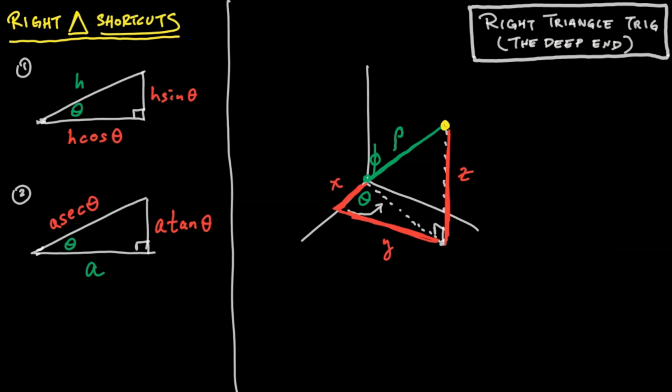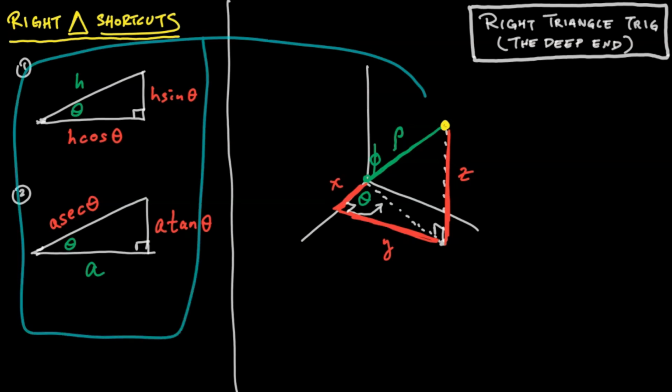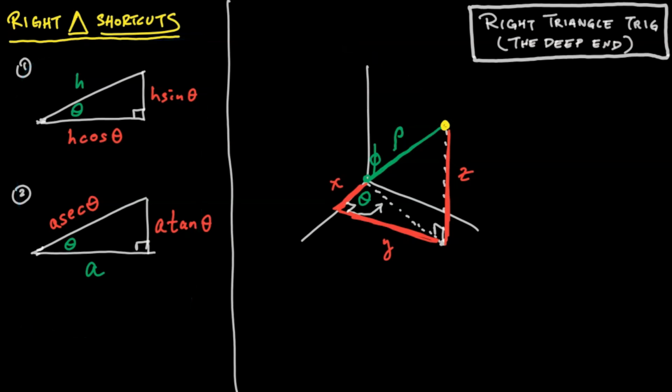And I always tell my students in multivariable calculus, do not memorize those equations. They're horrible, and you'll never remember them. You'll remember them only long enough to take a test, and then you'll forget them, and then it's useless. Instead, just draw this picture, which once you're experienced with these things only takes a few seconds, and use your very basic knowledge of trigonometry, which is the kind of thing you're learning in this class, to get what you want. Namely, you want to be able to write down what is x, what is y, and what is z, where each one of those will be some kind of expression involving rho, phi, and theta,